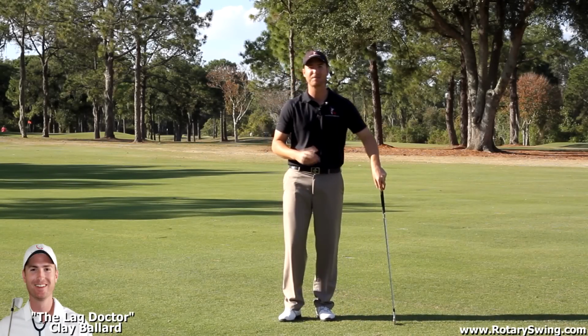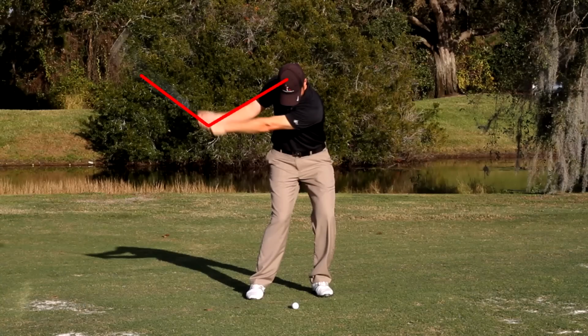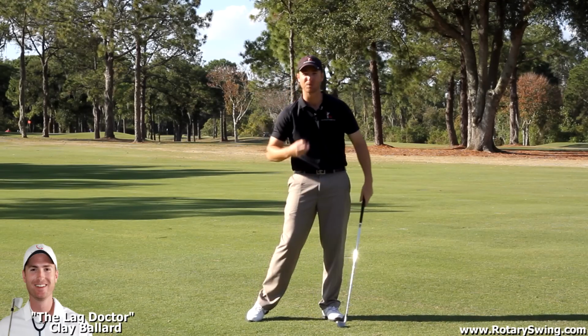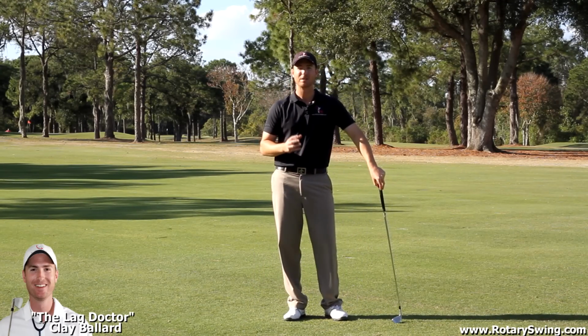Clay Ballard, and today I have a couple questions for you. How many of you are struggling with casting in the downswing and losing that lag? How many of you are struggling with hitting behind the ball and chunking some shots? Now, how many of you would like to have some more forward shaft lean at impact so you can really compress that golf ball? Well, if you've answered yes to any of these, this video is going to be great